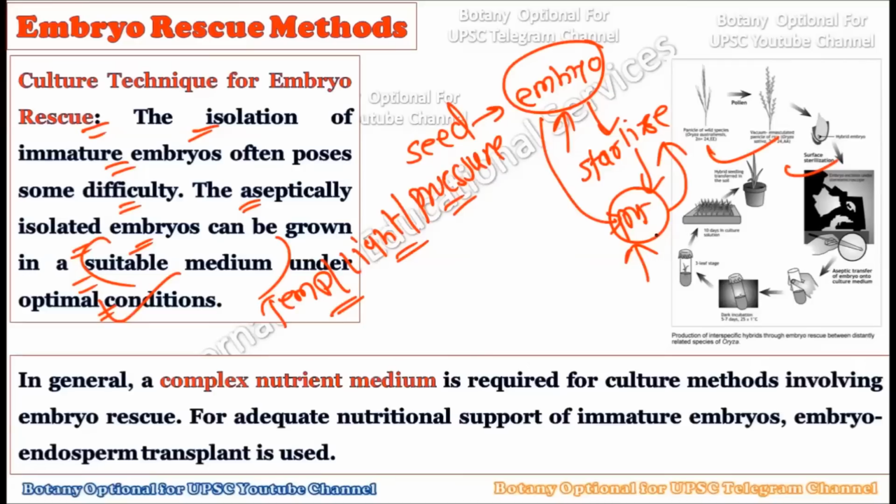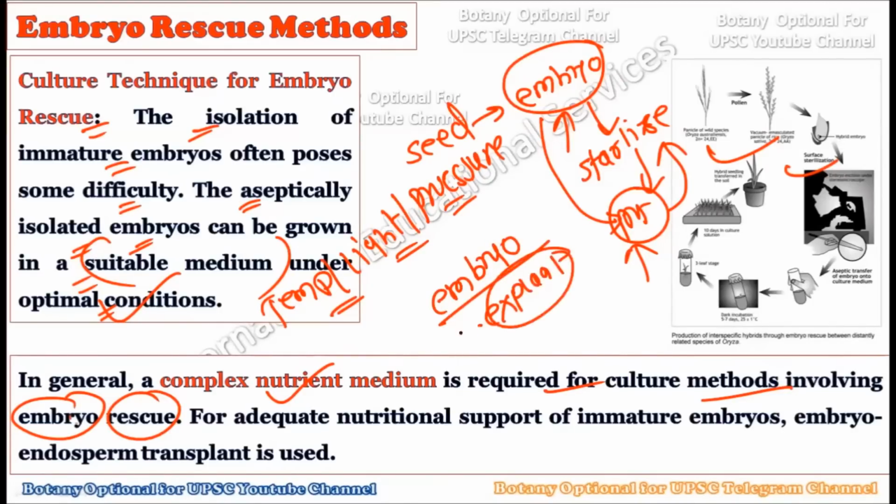laboratory. Now see, in general, a very complex nutrient medium is required for the methods involved in embryo rescue. As I am saying, whenever you do embryo culture or you are using an embryo as an explant, then in such a condition a very peculiar type of nutrient medium is required. It is not like the other MS medium, or like the medium which is used for root, stem or leaves, because this is an embryo and different types of media are required to grow this particular embryo.